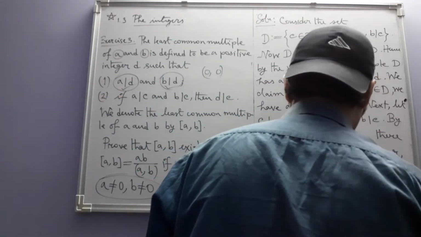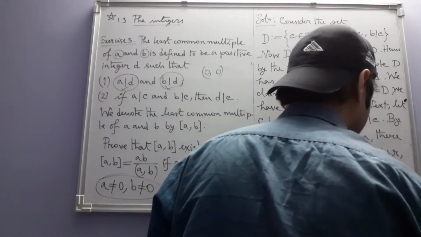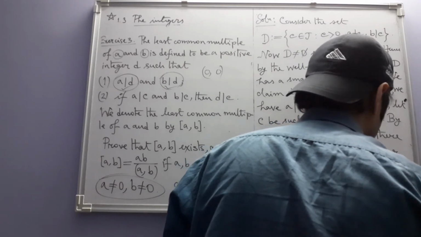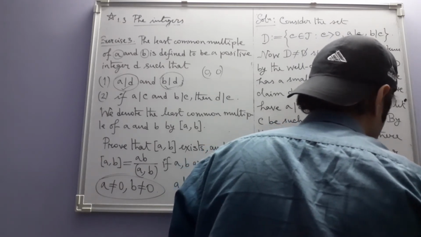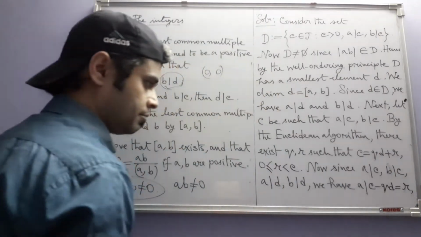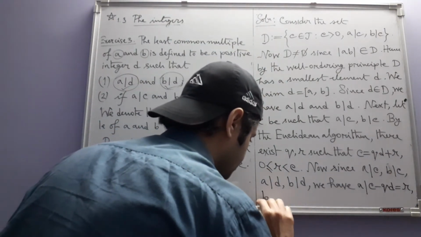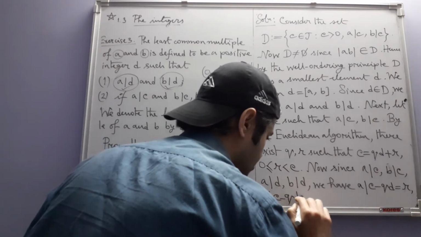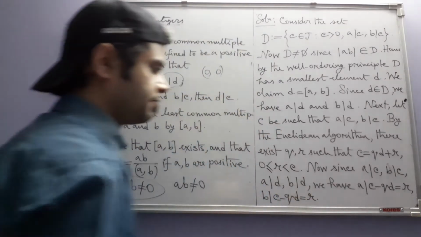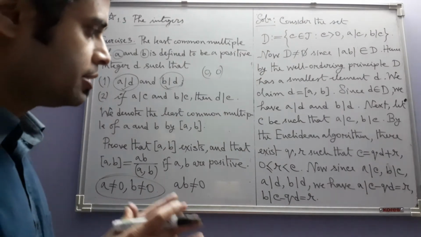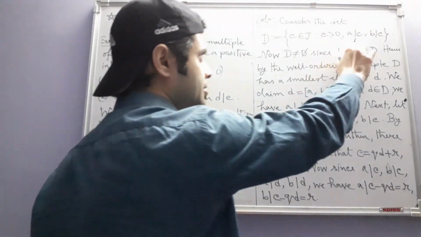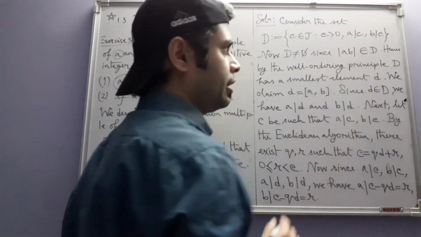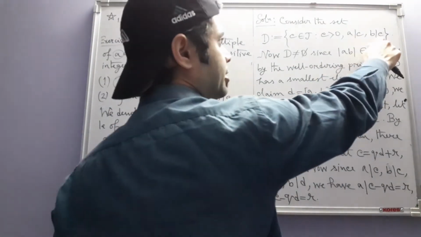So because of this we have A divides C minus QD, which is R, and B also divides C minus QD. So R now is an integer which is divisible by both A and B. So you can put R here,